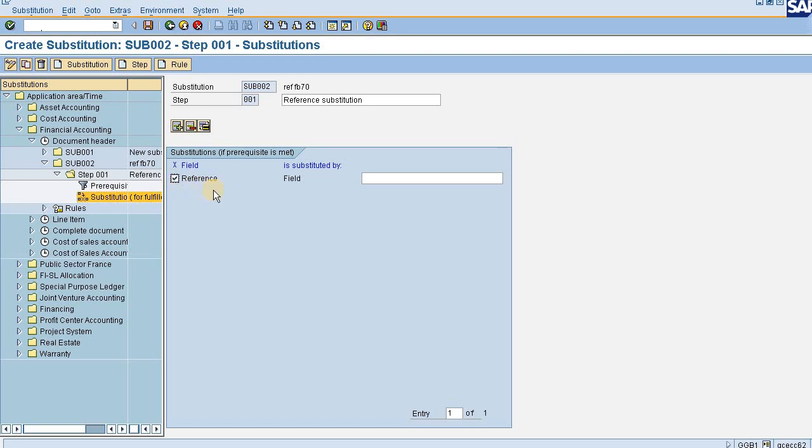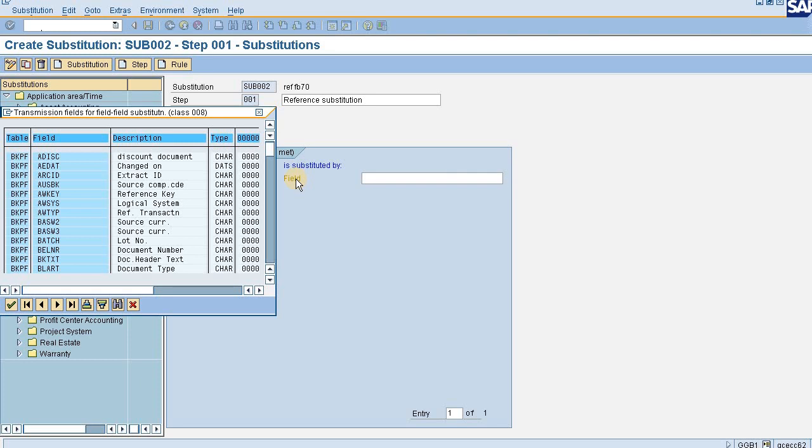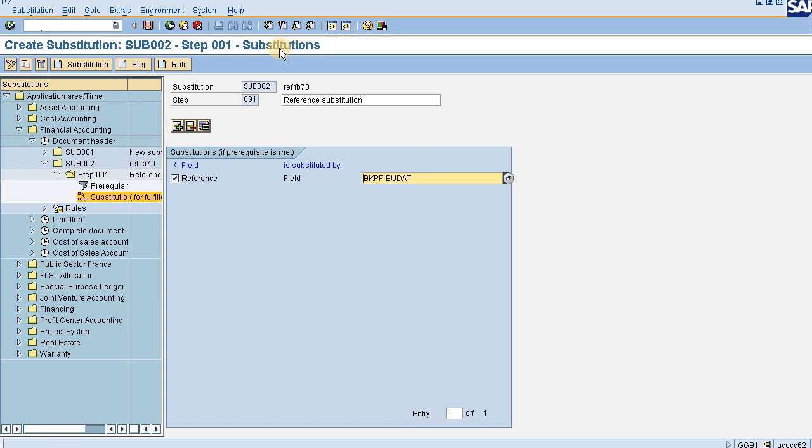Yes, reference. Now if my company code is ABC and document type is DR, then my reference field would be the posting date given. Fine. Now just going to the step once again in order to check whether everything is fine or not. No, it is not allowing me. Okay, let me save it.